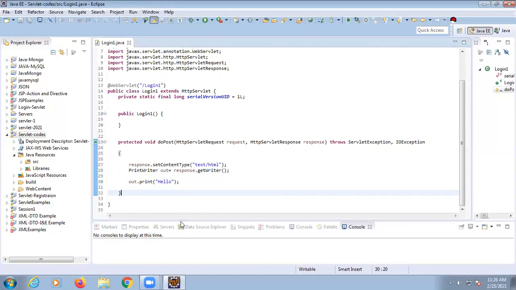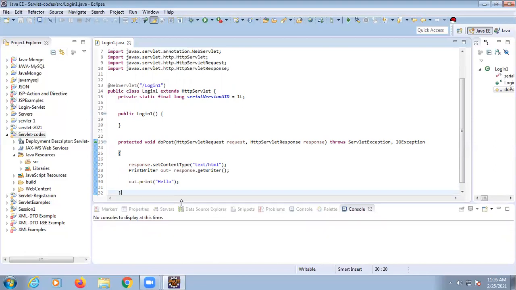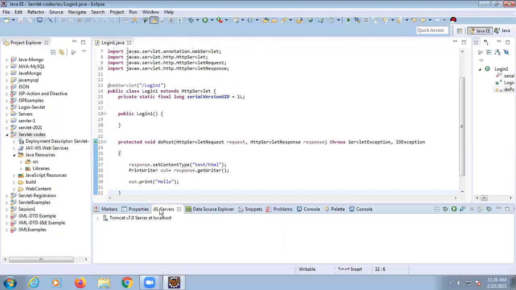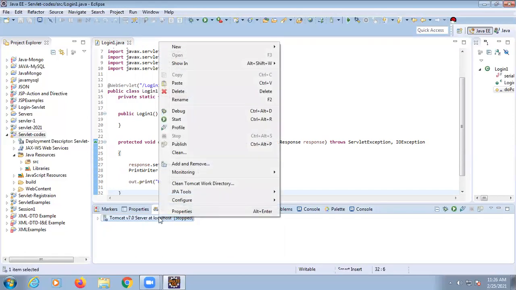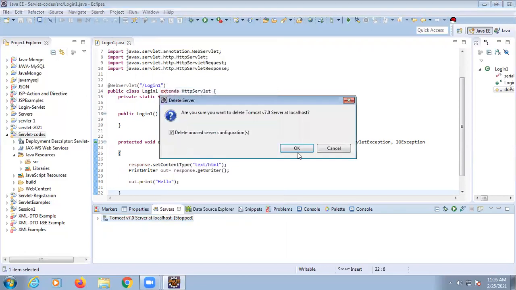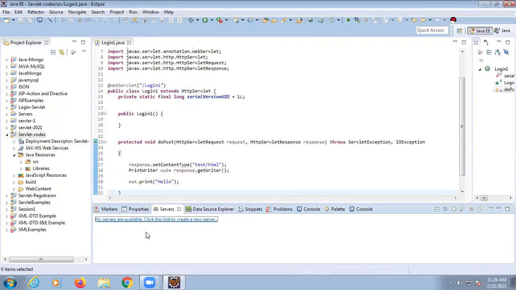Now whenever you want to run the servlet code, the very first thing you want to do is add a server. On the lower page you will find a tab like Servers here. I'm just deleting this so I can show you from the start.